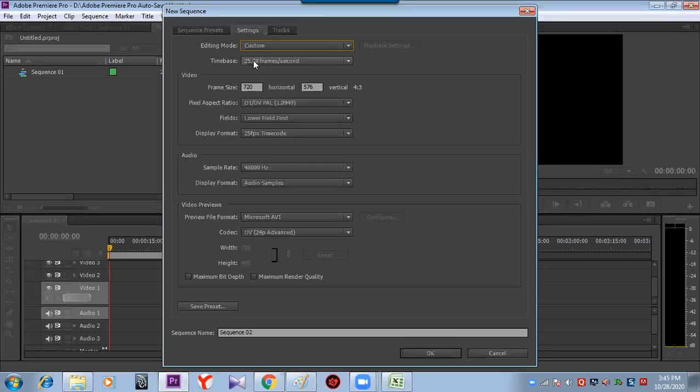Premiere will do all the work, but whenever it goes to the user end, the player has to accept that. That means the work can be done, but the player, like VLC player or whichever player he is going to use, has to support it, then it works out. Hope I made it clear.